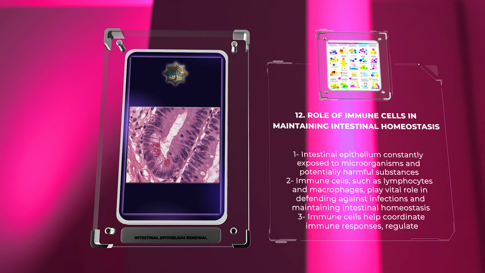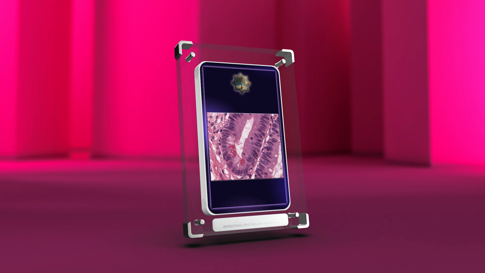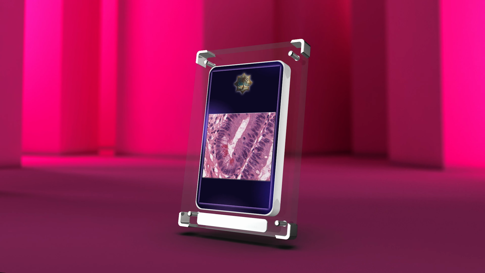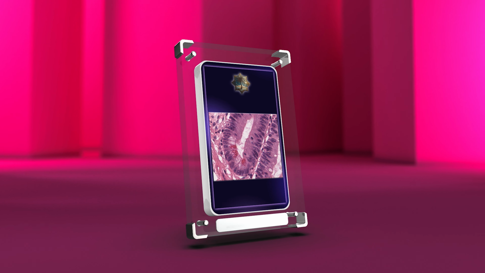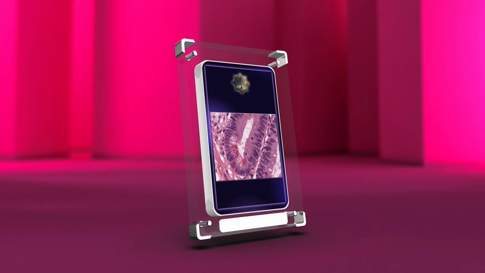In conclusion, the intestinal epithelium is a dynamic and complex tissue that ensures nutrient absorption, protects against pathogens, and maintains tissue homeostasis. Understanding the intricate structure, regulation, and cellular dynamics within the intestinal epithelium is paramount for diagnosing and treating various gastrointestinal